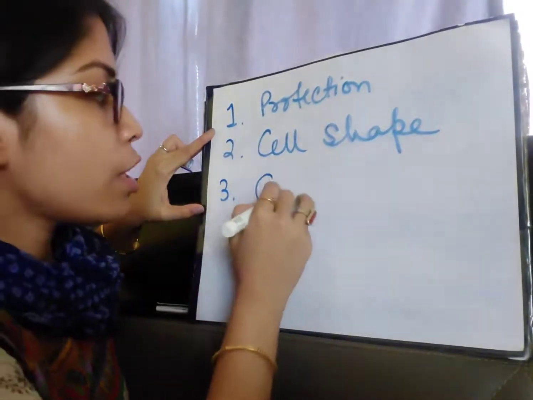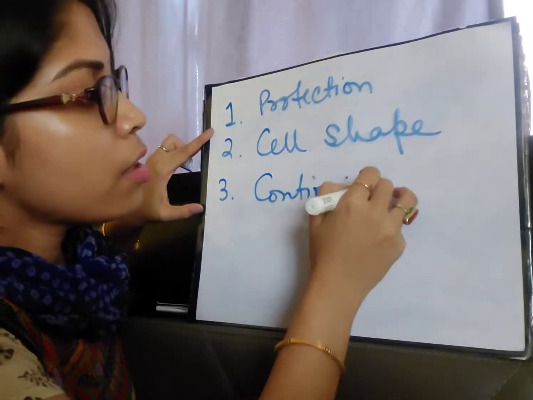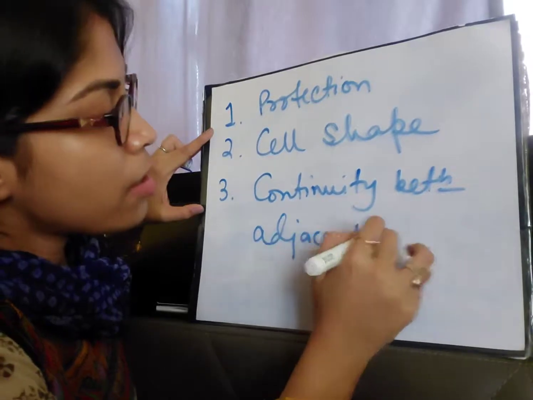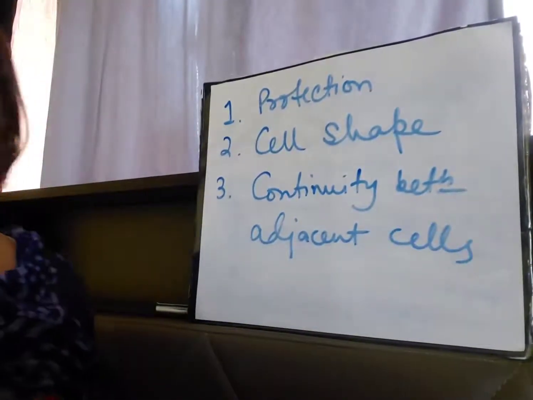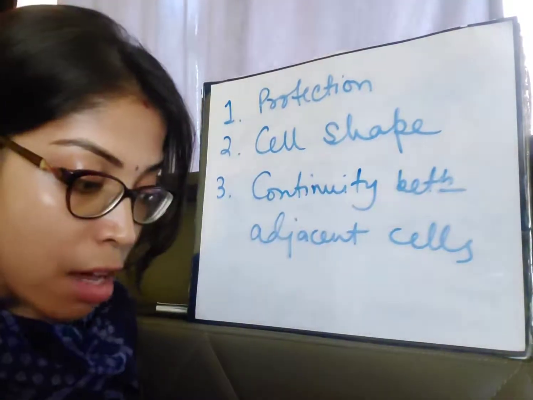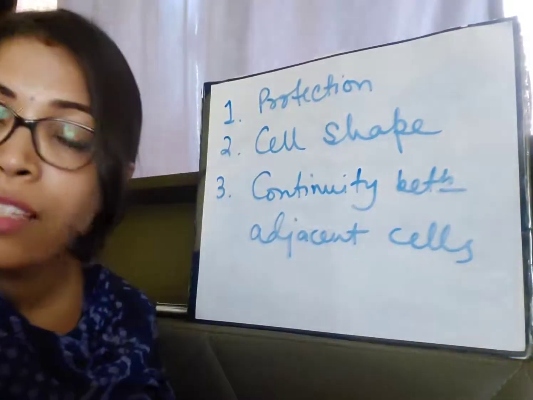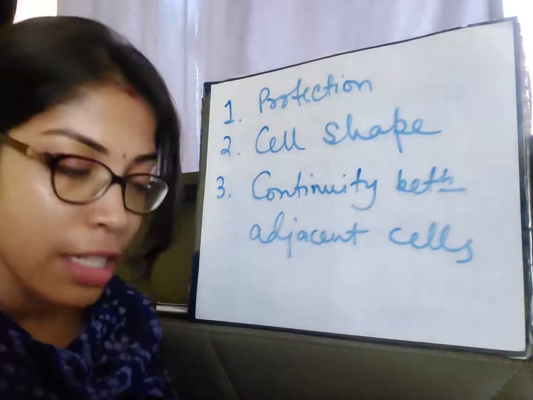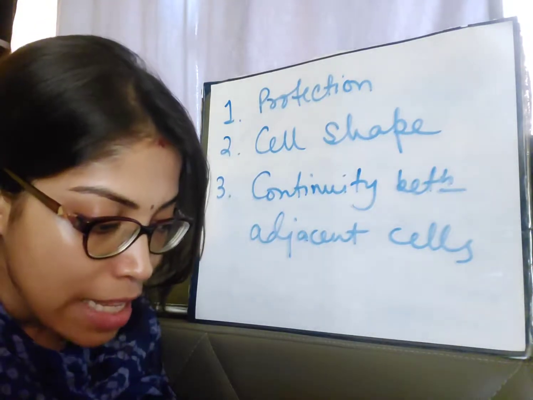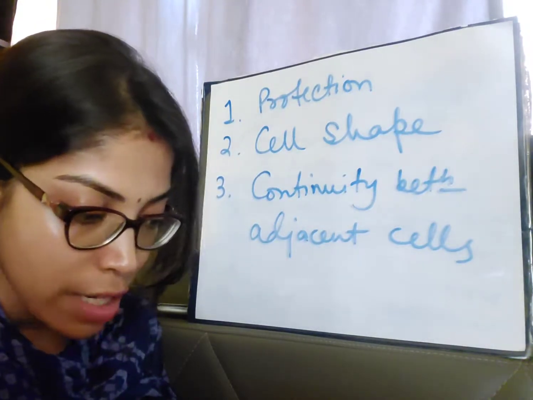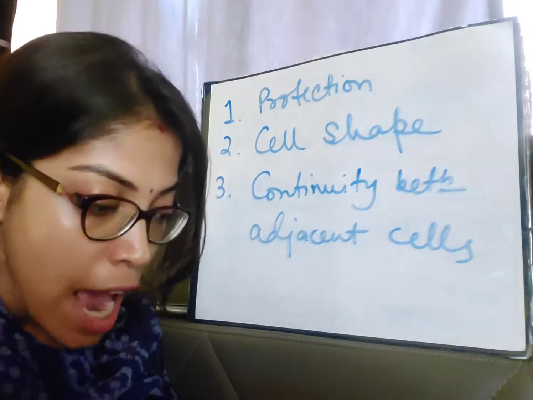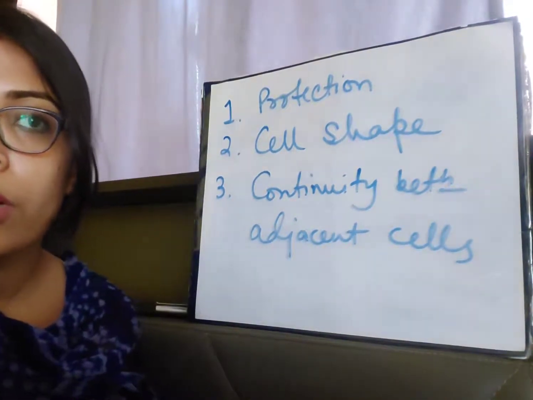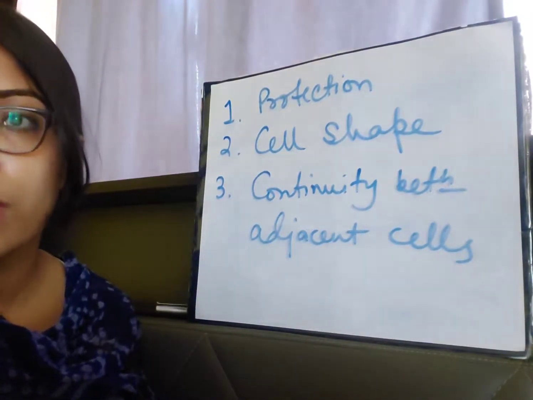Like plasmodesmata, cell junctions, continuity between adjacent cells. This continuity between adjacent cells is maintained by the cell wall. As I told you, plasmodesmata is like a bridge or a connection between two adjacent cells, and it establishes continuity between adjacent cells, thus permitting the circulation of fluid and probably also allowing the exchange of solutes and certain molecules. Previously I talked about plasmodesmata while talking about cell junctions, right?